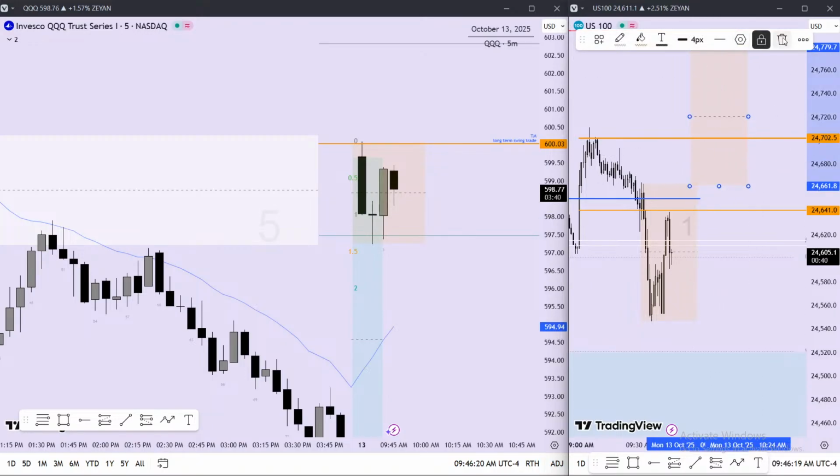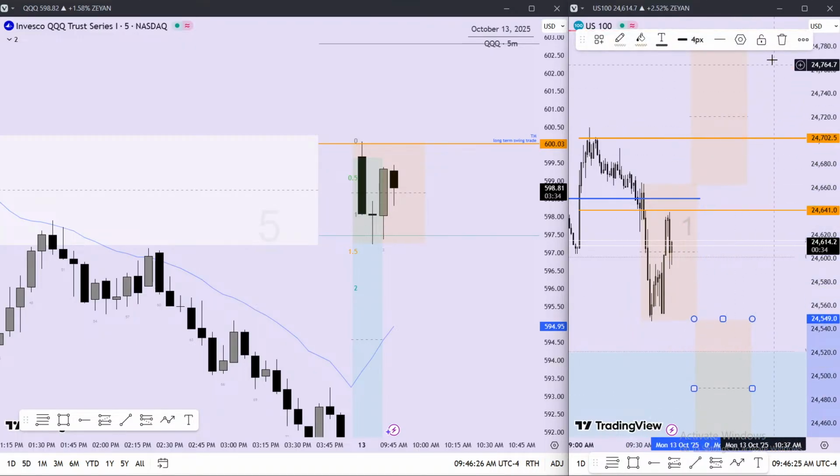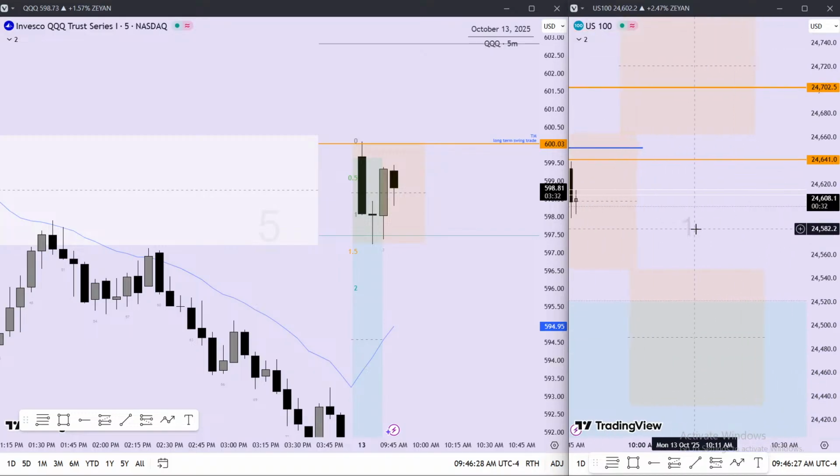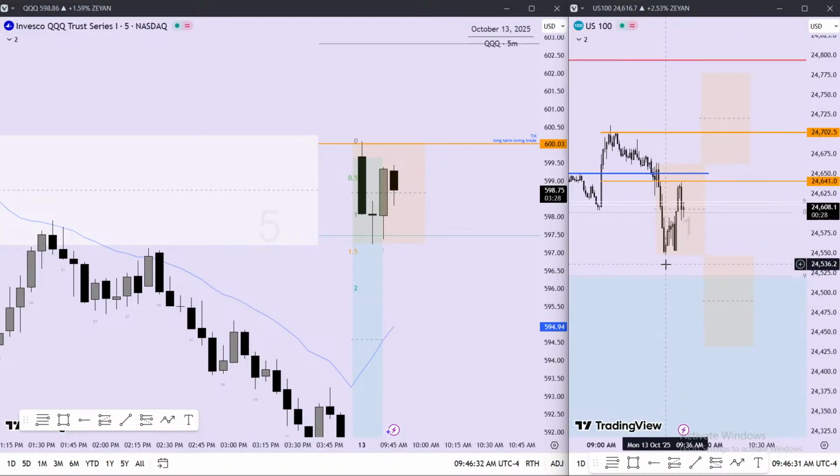And a single standard deviation projected downwards takes us. Okay, now that we have our opening range set,